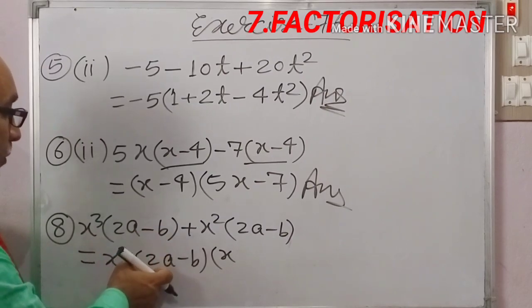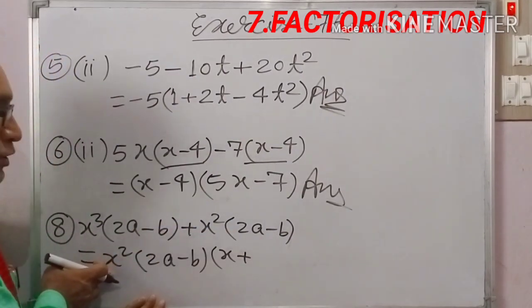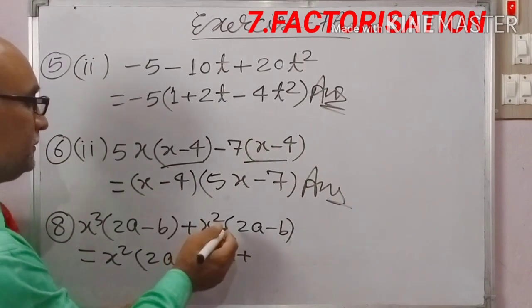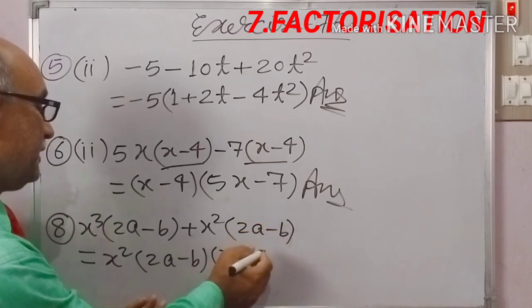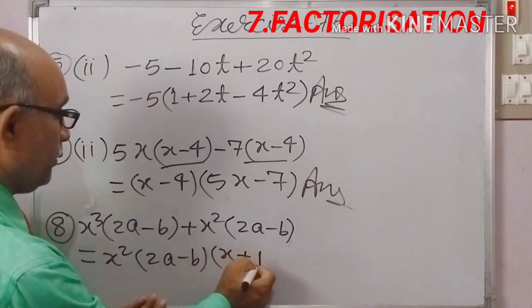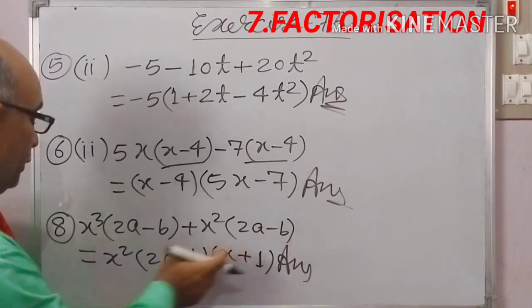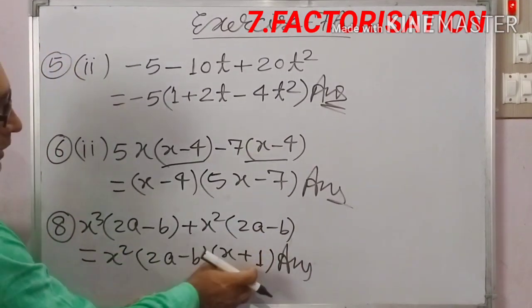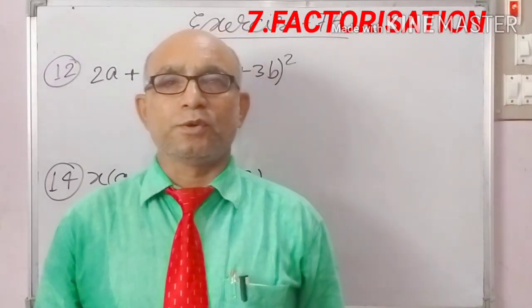2a minus b is common. Plus, in x square, x square is common, left 1. In 2a minus b, 2a minus b is also common, so remaining 1. x square into 2a minus b common, left x plus 1. Answer. Write it. Next question